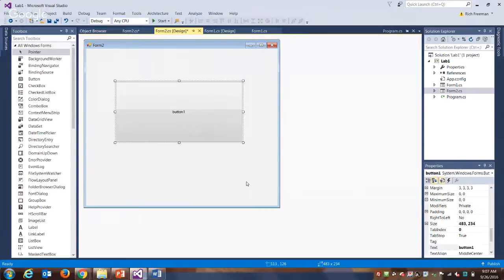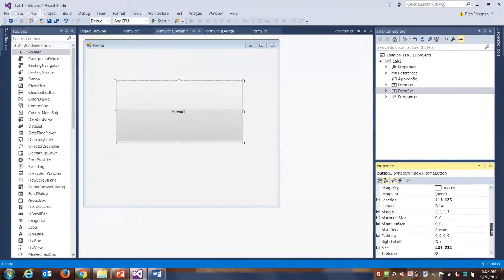Yep, we could change the name of it. And in fact, we did that last week, right? We said we don't want it called button 1 because that's not very descriptive. So we can give every object a name. What else can we change with the button? What other properties can we manipulate? Probably change the shape or even change it to like an image or something. We might be able to change it to, yep, so right here,